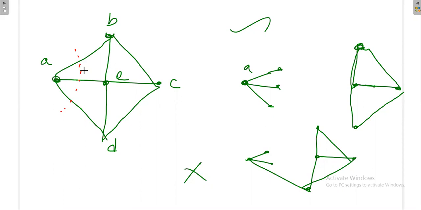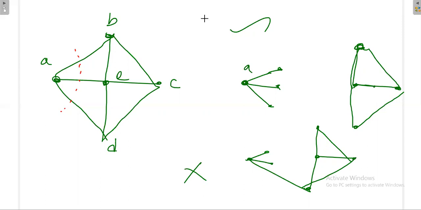So before proceeding to the cut set problem, for a given graph you may have a large number of trees. Each and every tree consists of one cut set matrix. So now we are going to write the cut set matrix. The cut set matrix is defined for a tree.